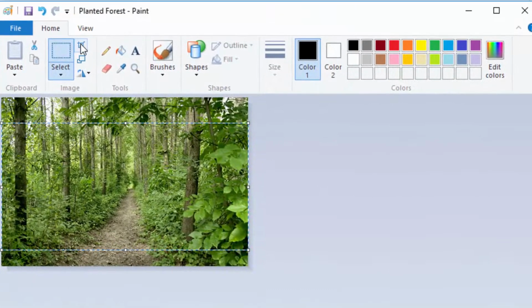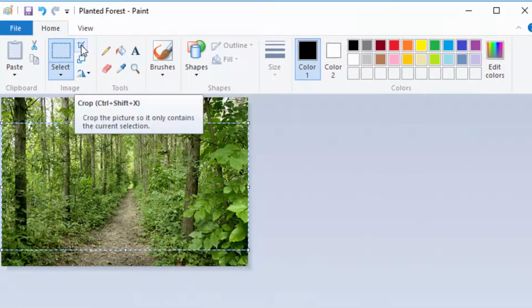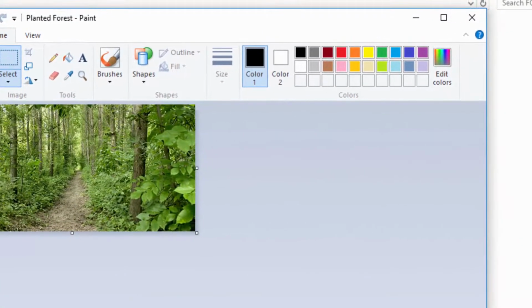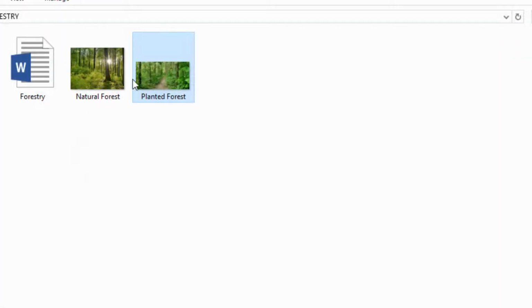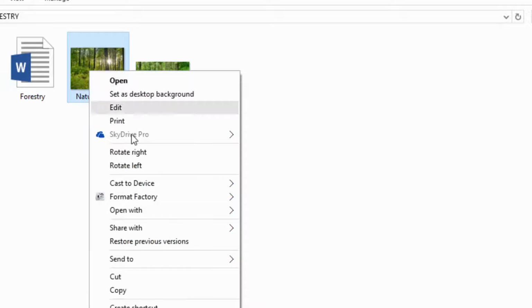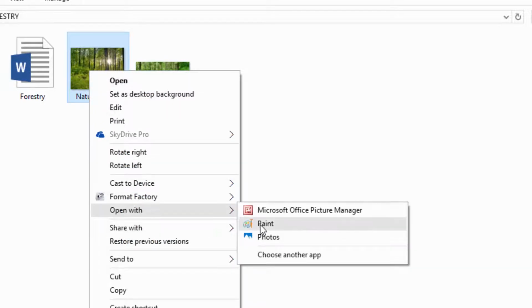I'm going ahead and click crop, and now my picture is 400 by 200. You can see size 400, 200. I'm going to click save, and I'm going to close this. So that picture is done. Let me go to the other one. Right click, open with Paint,